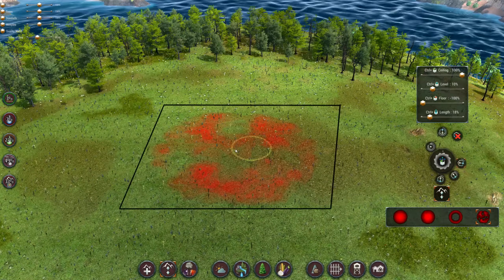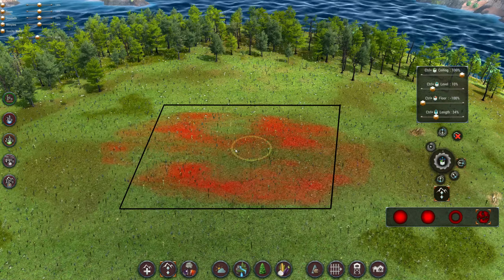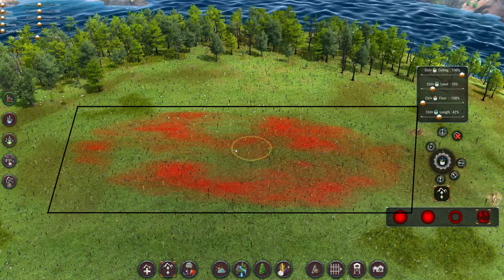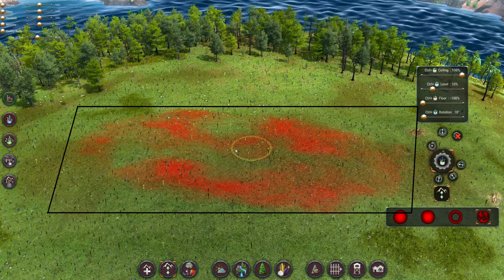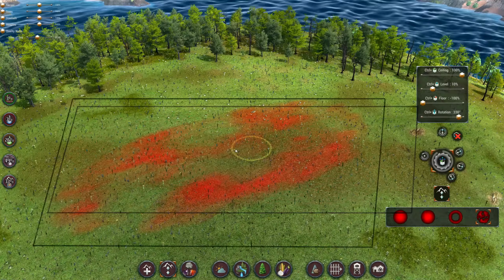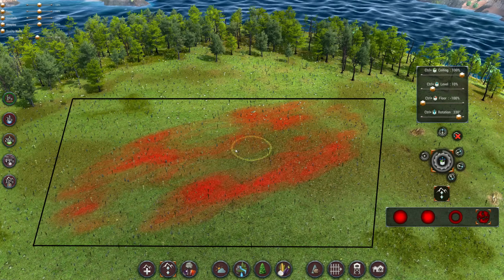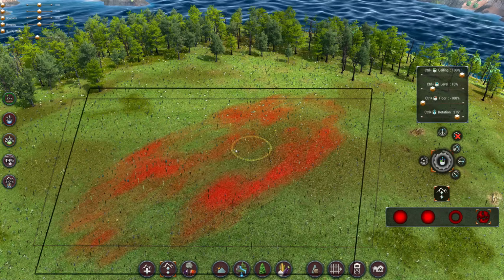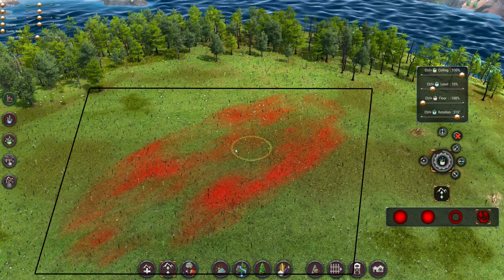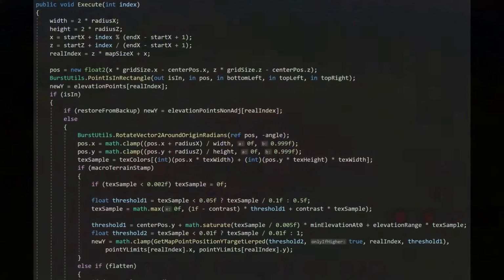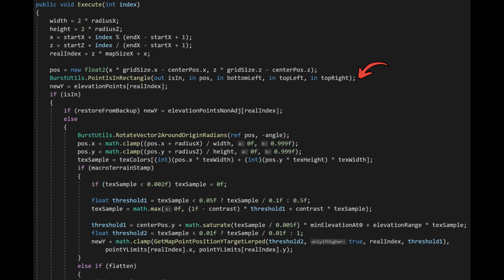However, the scaling and rotation is more complex. Firstly, the square becomes a rectangle as you alter the scales. Then, as the stamp rotates, or the terrain rotates underneath it, the axis-aligned impacted area expands and contracts to contain the rotated rectangle. All of these changes need to be factored in by adjusting the relative position of each grid point to include the applied scaling and rotation. This has to be done for thousands of grid points every frame as you terraform, so a burst compile job